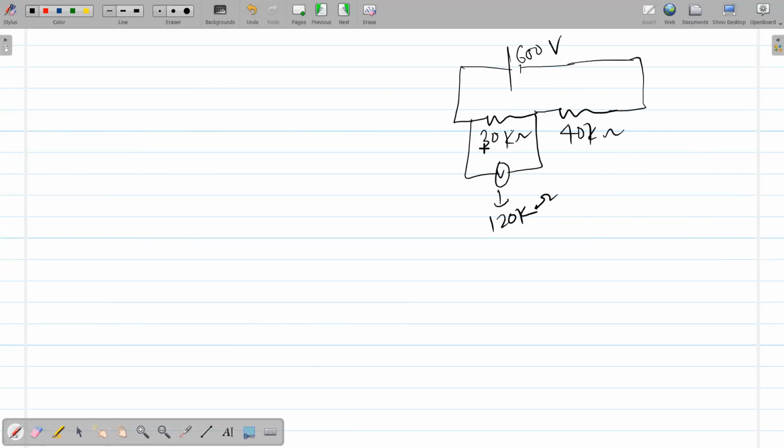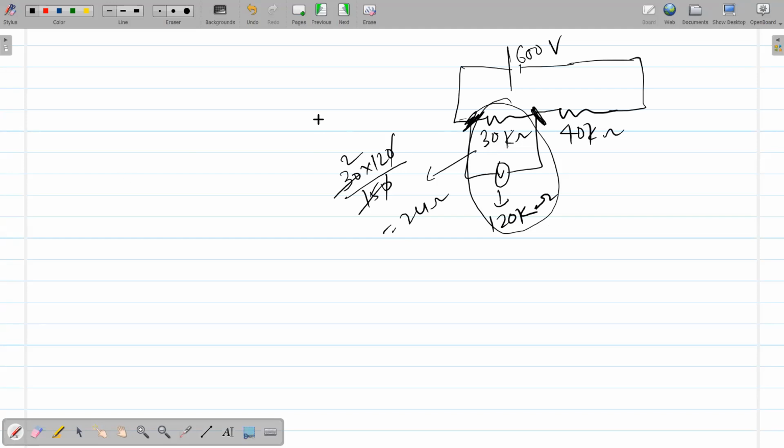And now we want to find the reading of the voltmeter. That means we want to find the reading across these 2 points. Is it clear? It means the potential difference across these 2 points. So let's write the equivalent of these two. The equivalent will come out as 30 into 120 divided by the sum, that is 150. So this is cancelling out, and here I am getting 15 and 2. So 24 kilo ohm is the answer for this, right?